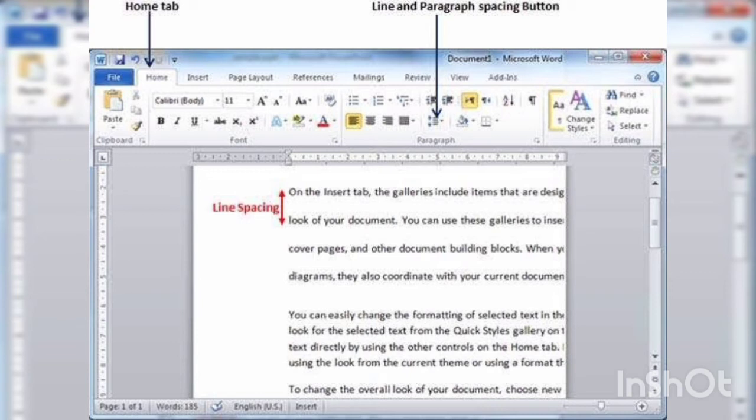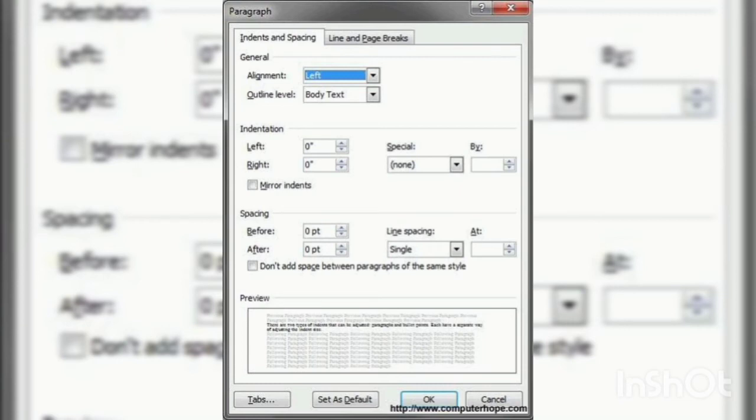More line spacing options are available to you when you click line spacing options to open the paragraph dialog box. Line spacing refers to the vertical distance between the lines, as I have already told you. The different options available in the line spacing box are single, 1.5 lines, double, at least, exact, multiple.